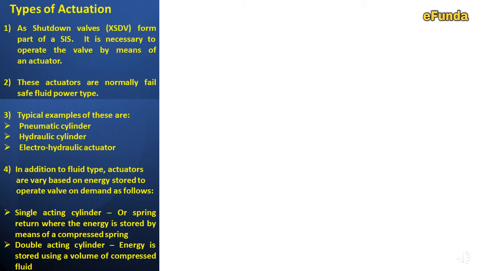Types of actuation and basic actuator definitions. XSDV forms part of a system. It is necessary to operate the valve by means of an actuator. These actuators are normally fail-safe fluid power type. Typical examples of these actuators or fluid types are pneumatic cylinder, hydraulic cylinder,